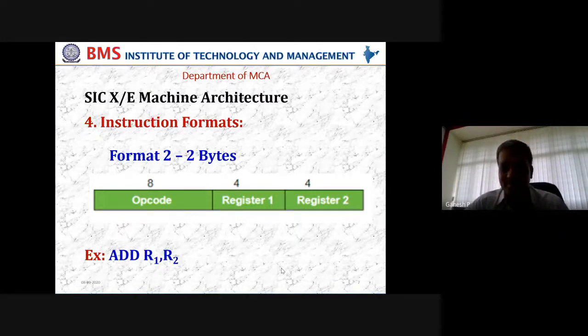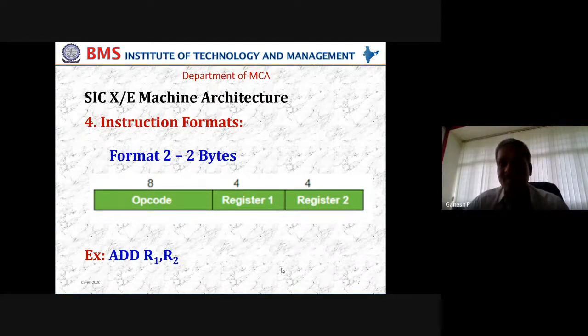I cannot waste the memory. Why 0 to 9? Because these are the numbers I will be using for the registers in my SIC XE. To represent these values, I require 4 bits. That is the reason why we have taken 4 bits for the register. That is the logic behind that.